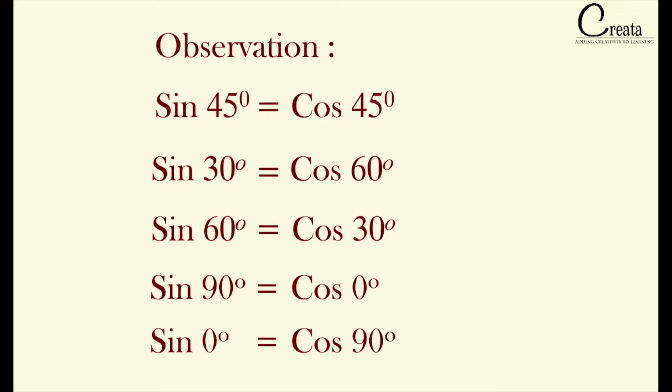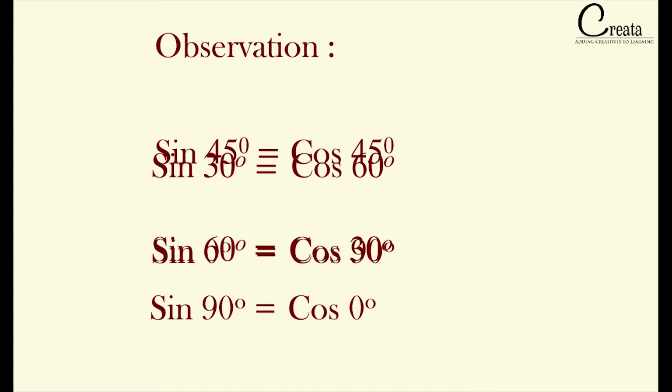Basically, I'm saying sine 0 degree is equal to cos 90 degree. In short, I'm skipping the degree symbol, but in actuality the degree is there, as it is a unit. There are two forms, radian and degree, that we will discuss later on. So you have to put the degree symbol everywhere. In short, I am just skipping the degree, but it is there. Let's study this and see the significance of these observations.